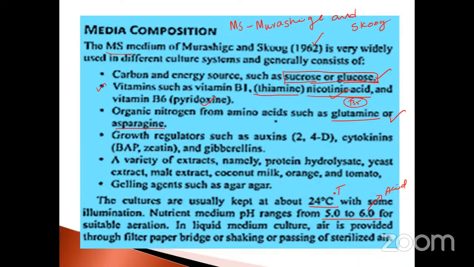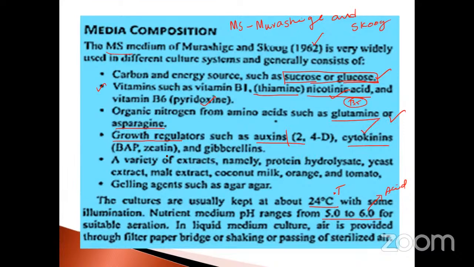These components support the growth of plantlets or plants or tissue culture, callus, whatever it may be. Particularly, the growth regulators, otherwise called phytoregulators or phytohormones, are very, very important. Auxin is also very important because it is essential for growth, cell division and elongation. 2,4-D. Cytokinin, cell division. It's very, very important.